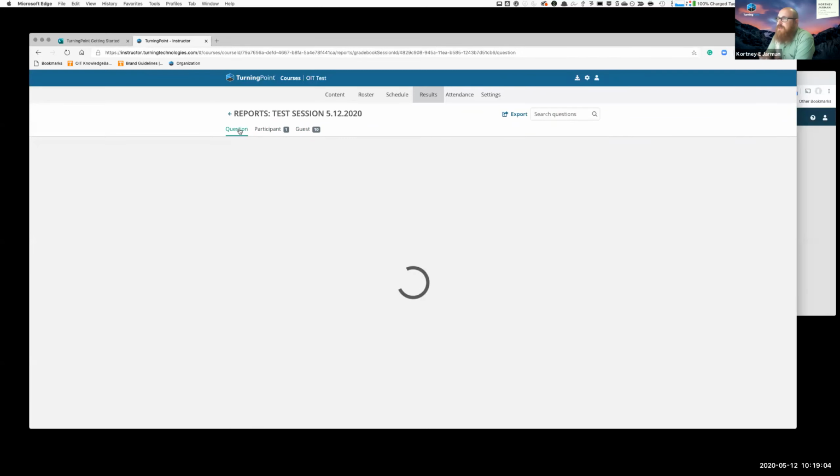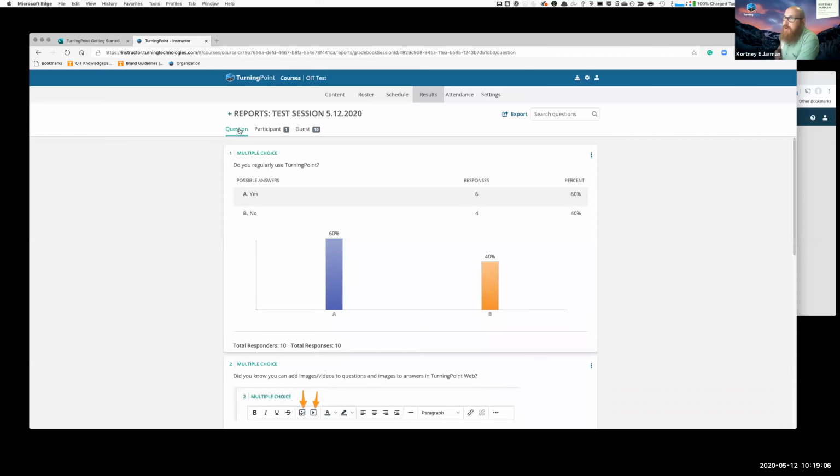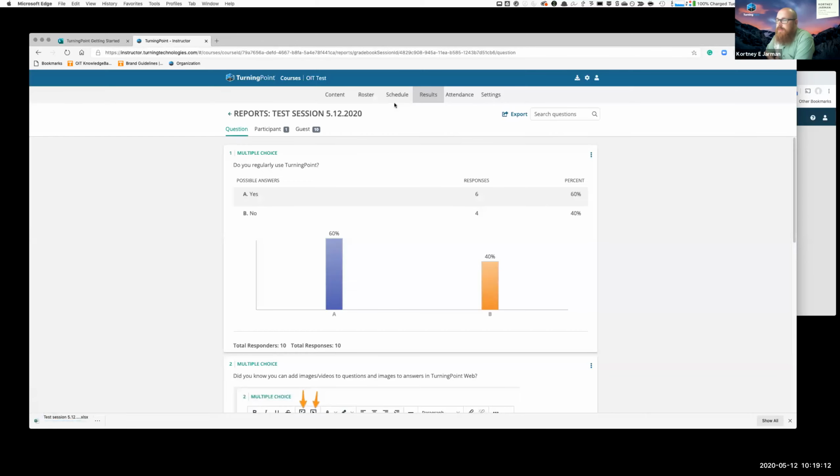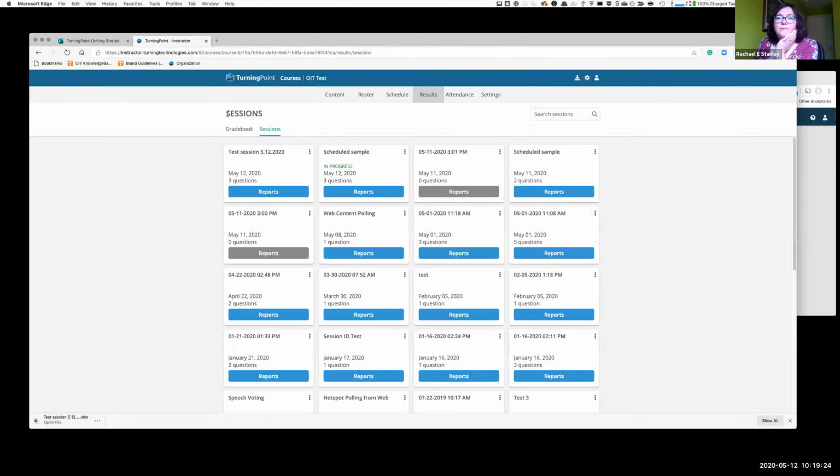But this gives you some really nice abilities. One of the cool things here is under this export, if I click that, it's going to download this whole thing as an Excel file. So if you want to manipulate it later on, you can. If I exit out of this,